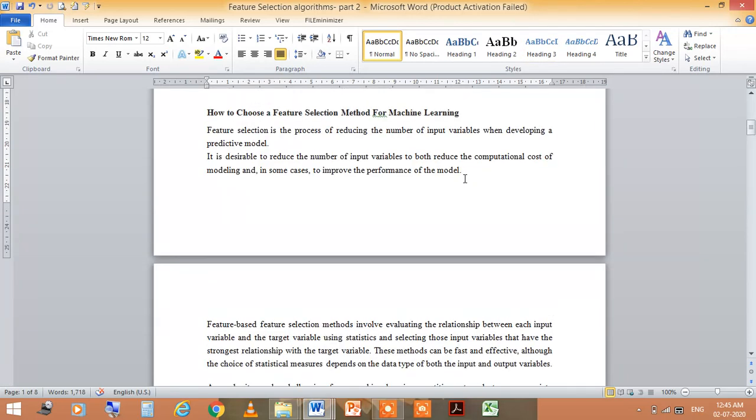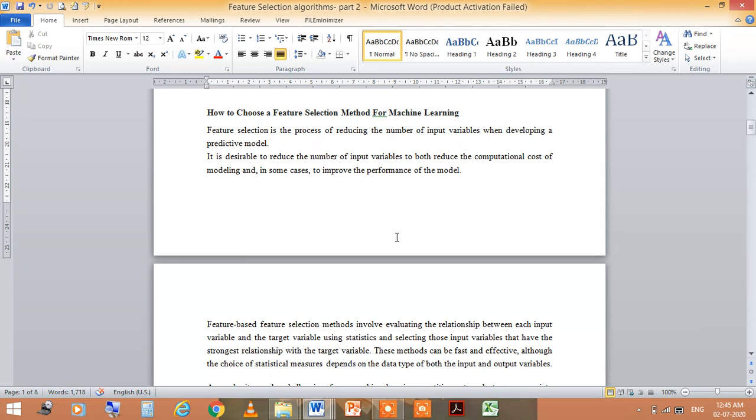So feature selection is a process of reducing the number of input variables when developing a predictive model. And of course it is desirable to reduce the number of input variables, both to reduce the computational cost of modeling and in some cases to improve the performance of the model. So this is basically based on the feature selection method.